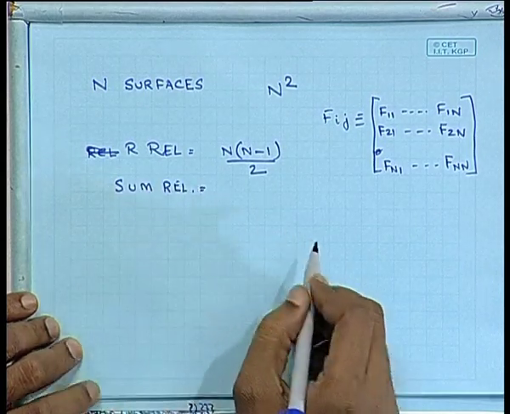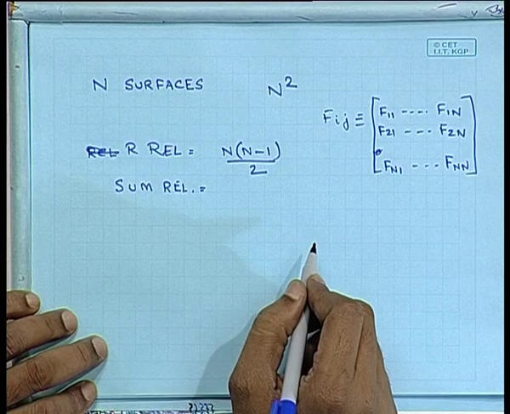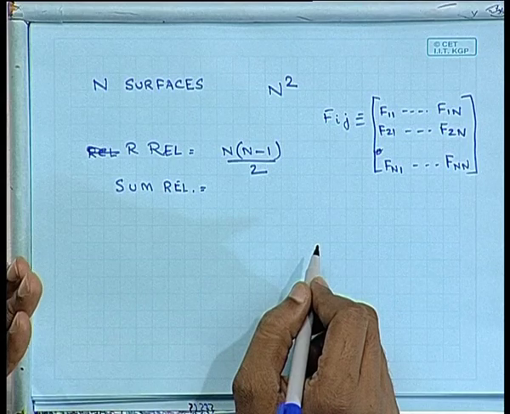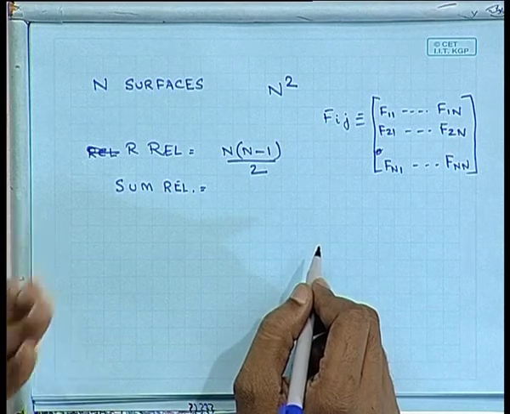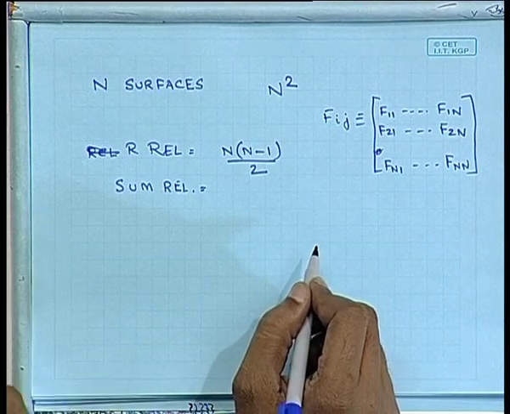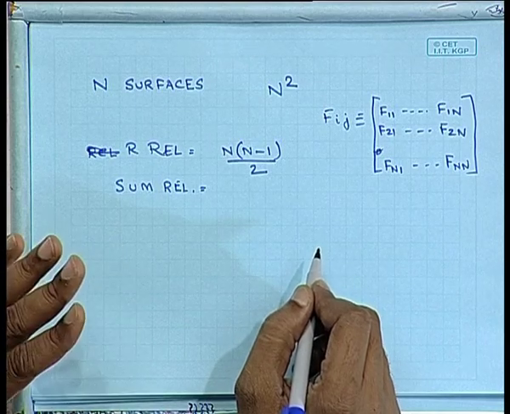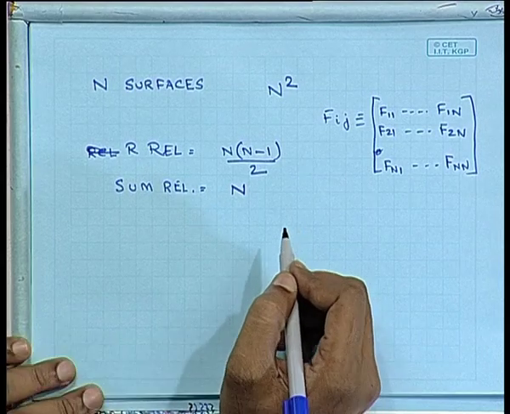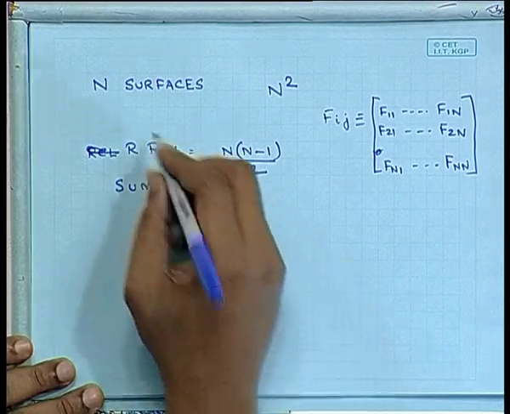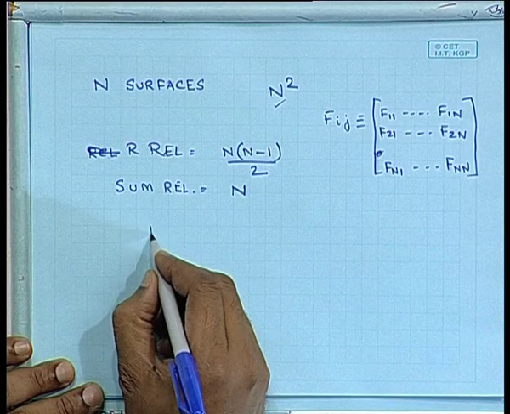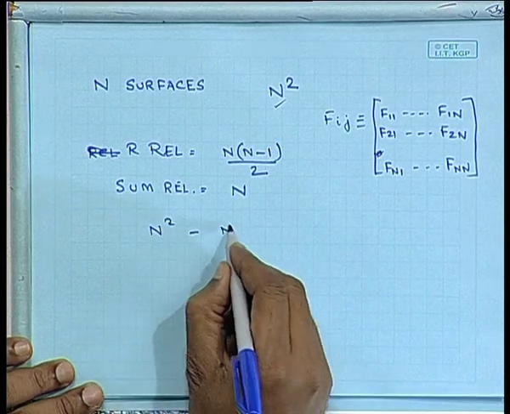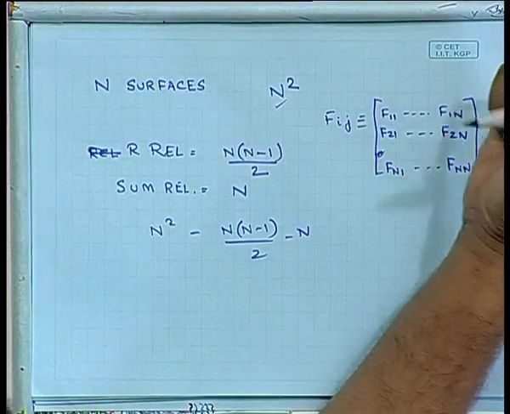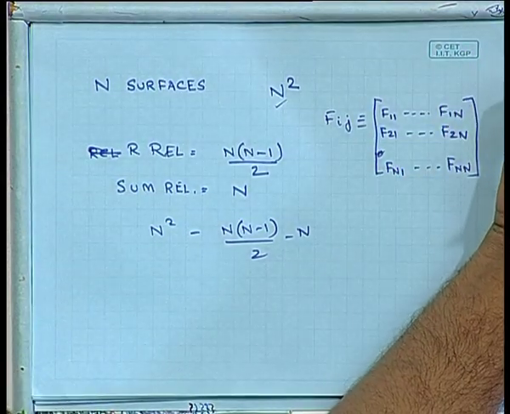How many summation relations for n surfaces you will have? For surface 1, you have just one. Okay, f11 plus f12, f13, etc. would be equal to 1. N such surfaces, n number of relations. So, summation relation would give you n such relations. So, number of view factors that you have to independently evaluate would be n into n minus 1 by 2 minus n. If in addition you have